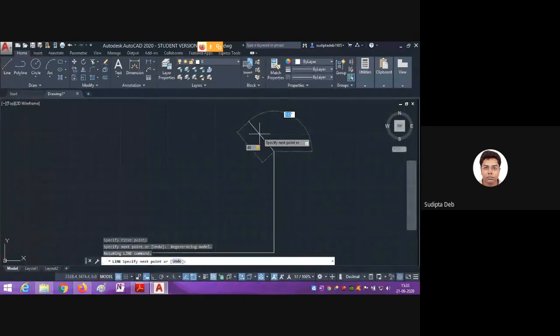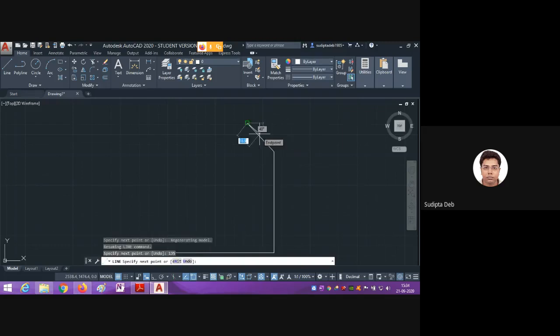So this angle will be 135. Either you can use this procedure, or the other procedure I have said, that is minus 45 or 135. Right now, if it is showing 132 degrees, I can change it to 135.